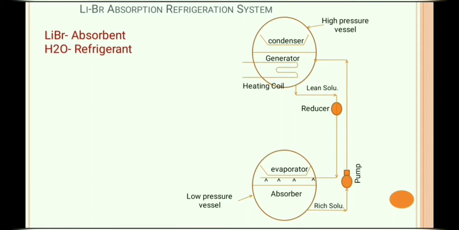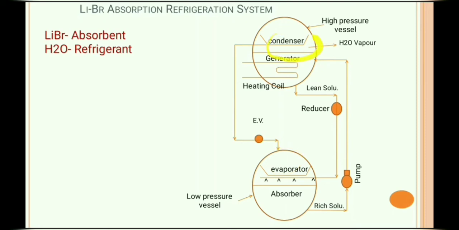And the H2O is evaporated from the solution. That H2O vapor will enter into the condenser, and in the condenser the condensation process happens. Due to that condensation process, the H2O vapor will be converted into H2O in liquid form, and that will go to the expansion device. Therefore, the condenser is connected with the expansion valve, and the expansion valve is connected with the evaporator, we all know.